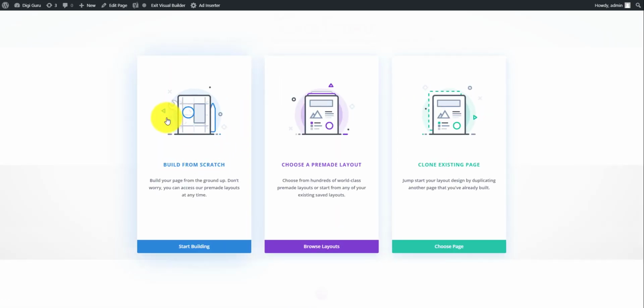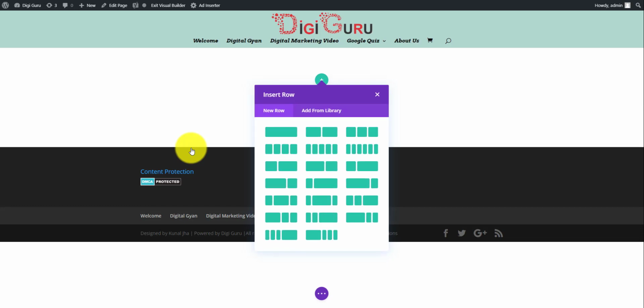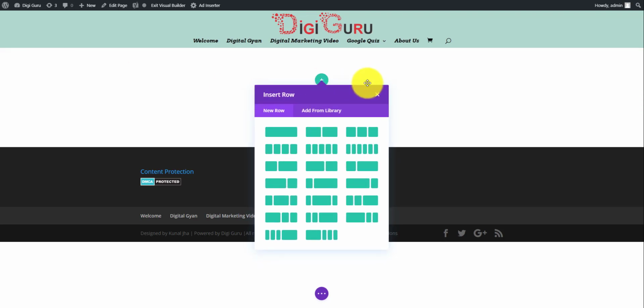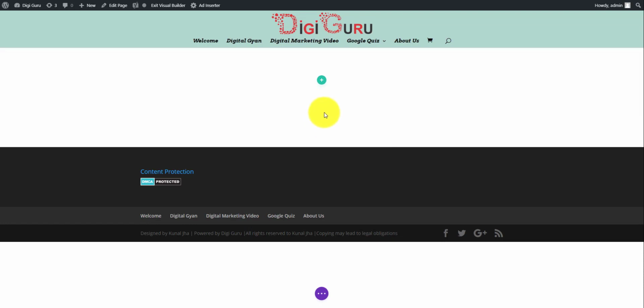Now as we are building it from scratch, we would be choosing the build from scratch option. The first thing which is coming in front of me is how many rows I need to select. So let's close this option and do everything from scratch. Let's remove this as well. The first thing that I want is a full width section, a full width image to appear on the top. In order to take that, we just need to click on this blue icon as it is appearing in front of you all,